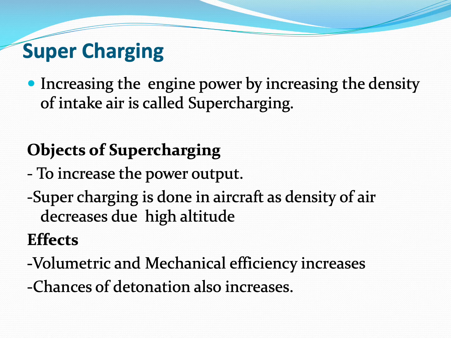Supercharging. The power output of engine depends upon the amount of air induced per unit time. The amount of air induced per unit time can be increased by increasing the engine speed or by increasing the density of intake air. Thus, increasing the engine power by increasing the density of intake air is called as supercharging. This is done by supplying the air at a higher pressure than that at which the engine naturally aspirates air from atmosphere, by using a pressure boosting device called a supercharger.